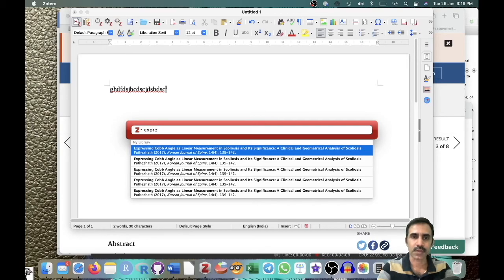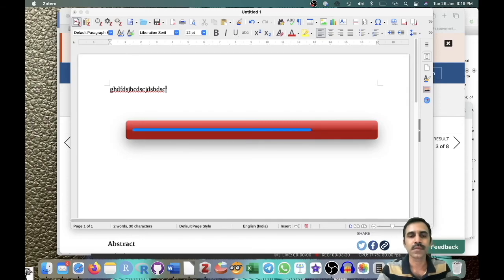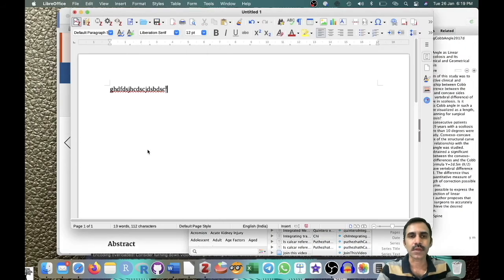You start typing in the title of the article you want to cite, and click enter, and Zotero has automatically added that article.